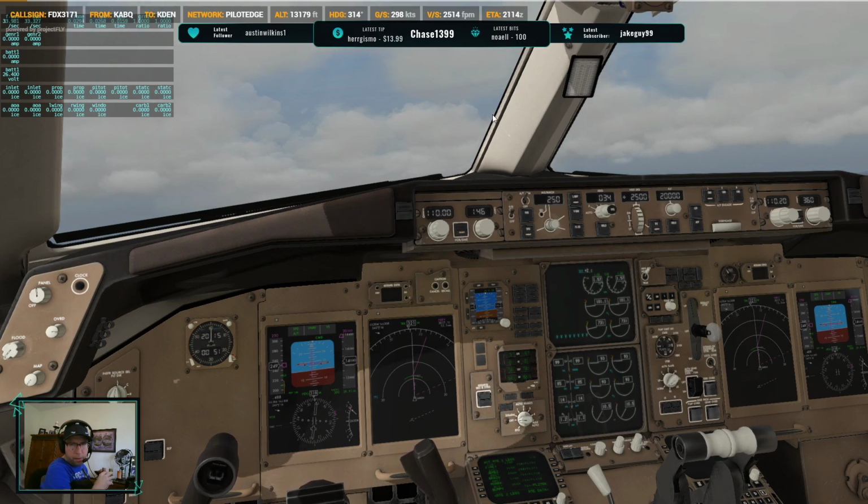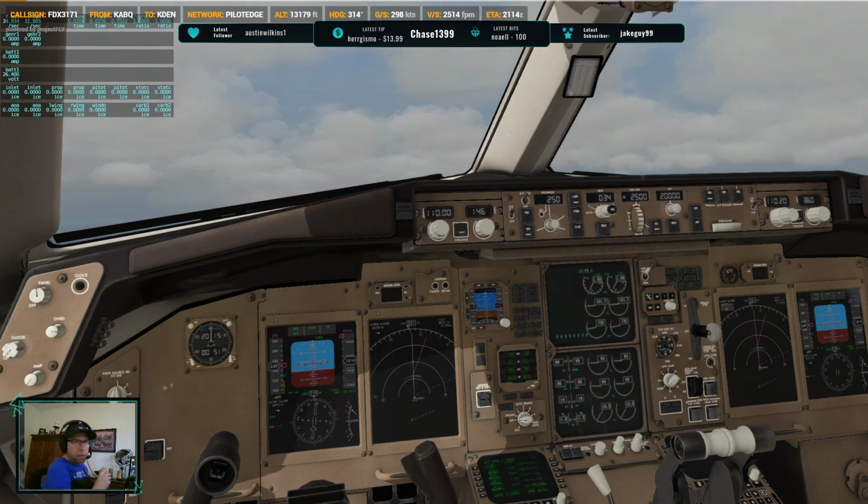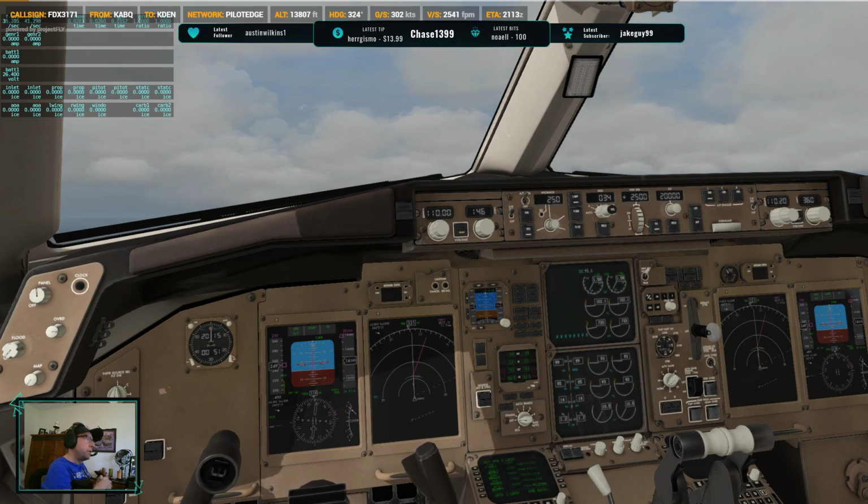11.5 should be better with this. Oh, definitely, because 11.5 is supposed to take advantage of